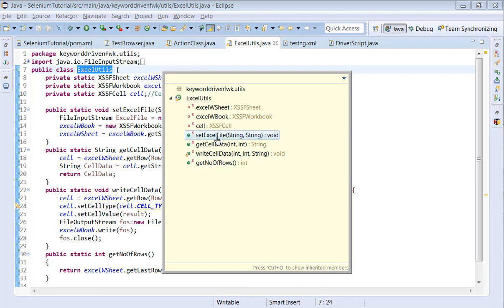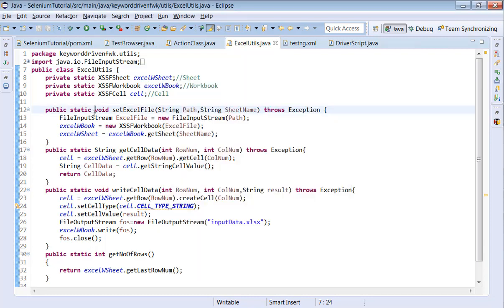You can see set Excel file, get cell data, write cell data, get number of rows, and you have an Excel worksheet, Excel workbook, and also a cell, right? Because we need the workbook information. Then in the workbook we have a sheet, in the sheet we have a cell. So we are going to use all these three variables and write the logic accordingly.